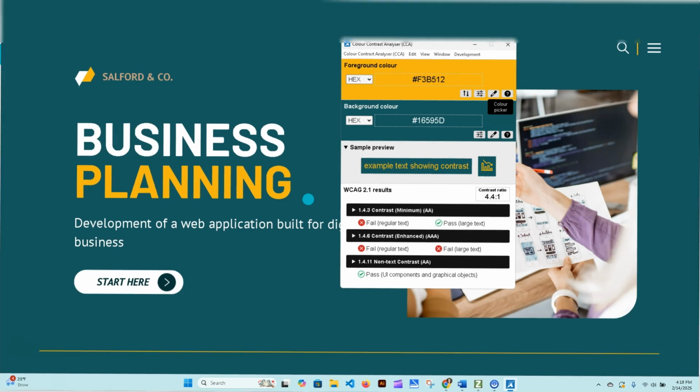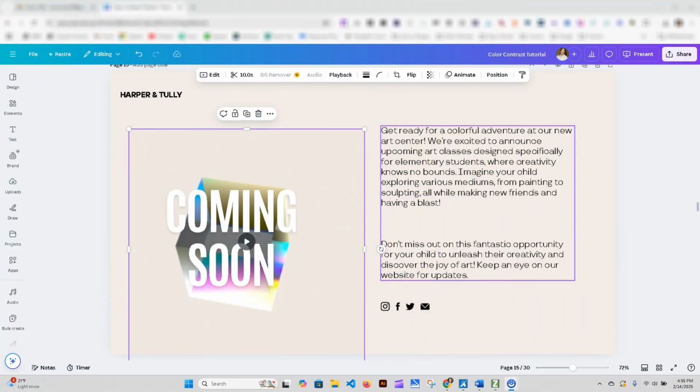The next tool I want to show you is the color contrast checker. This is a Chrome extension. I believe it also might be available in Firefox. So this is a little different than the last tool I showed you, the color contrast analyzer. Since it is a desktop app, you can use it to test color contrast in anything.